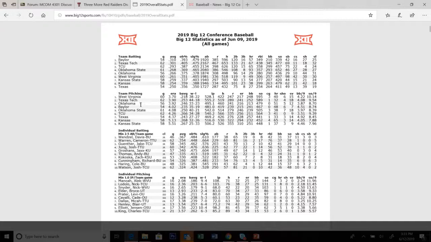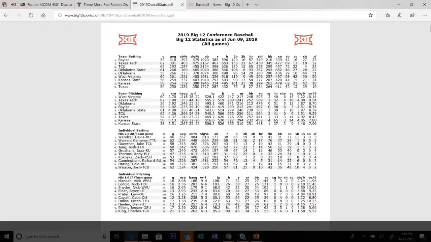And then on top of that, they're the second best pitching team in the league, as you see right there underneath West Virginia, the second best ERA in the league. And we're going to talk about terminology next week. ERA, earned run average. So Texas Tech's pitching staff allows 3.9 earned runs per game. And if you did the math, Texas Tech obviously is scoring many more runs per game than that, because if you look at the number of earned runs, 241, 289 runs total.